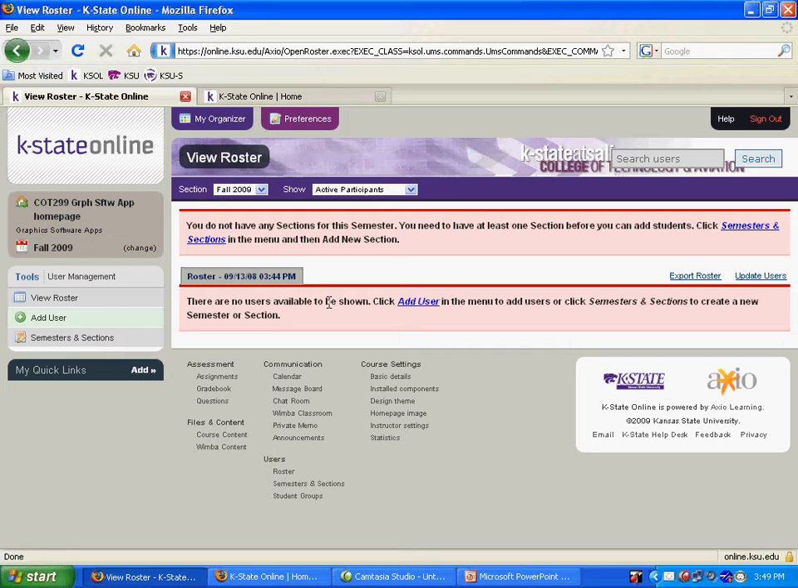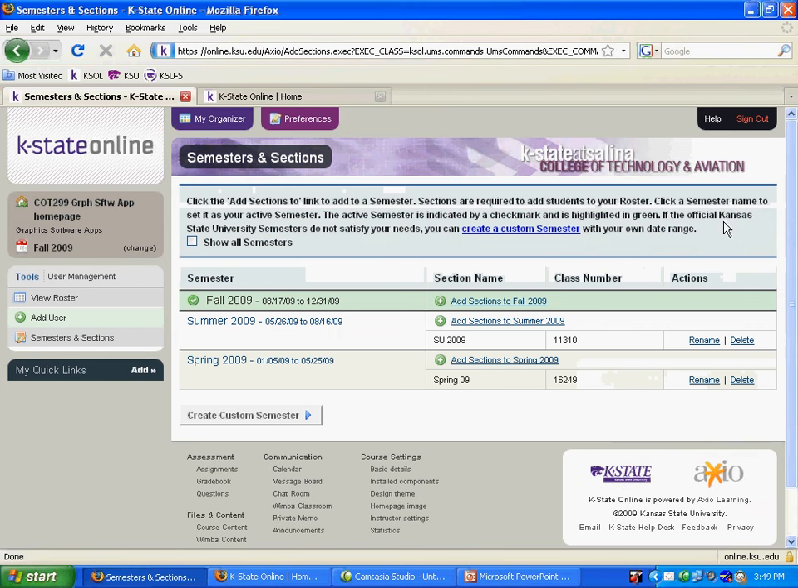Let's walk through that. First of all, we have to create a new section. And you see this link here where it says click semesters and sections in the menu? Let's do that. Let's click semesters and sections. So this particular instructor has taught this same course in spring of 2009, summer of 2009, and is now preparing to teach the same course in fall of 2009. But you'll notice that unlike these other two semesters, which have a section listed underneath, this one, the current semester,